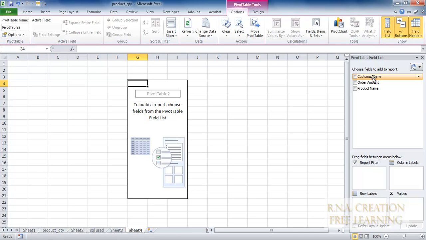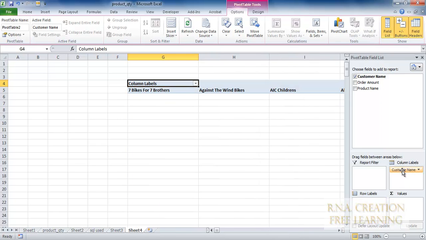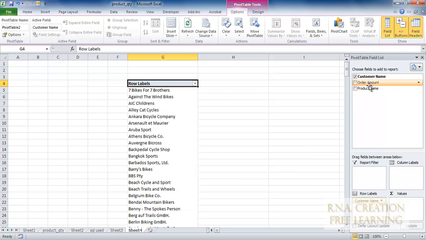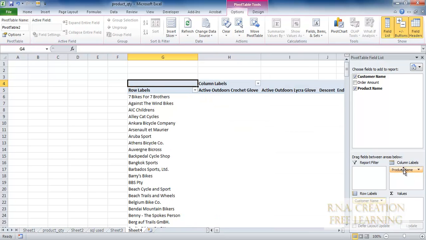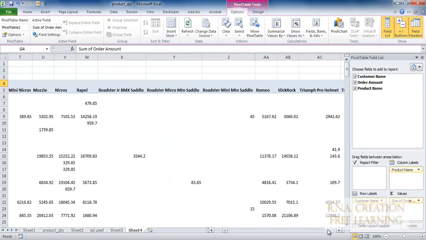Now I can say I want it by the customer name here, so I get it by the customer name, or I can move this here if I want it by the customer name here, but in this case I'm going to use this one. And then I'm going to take the product name here in the column, and then if I want I can drag this order to the values, and I have the values here.